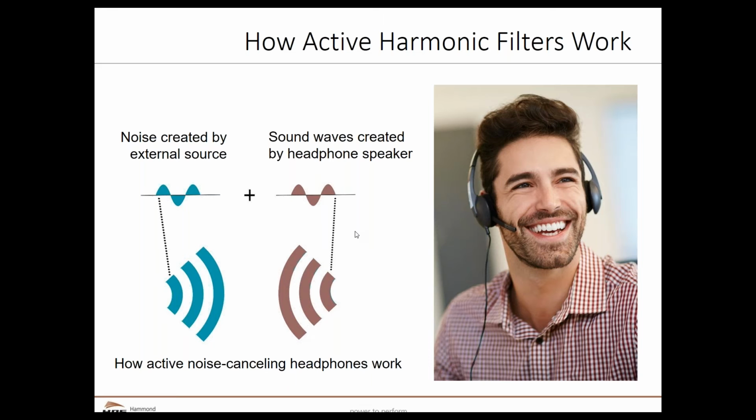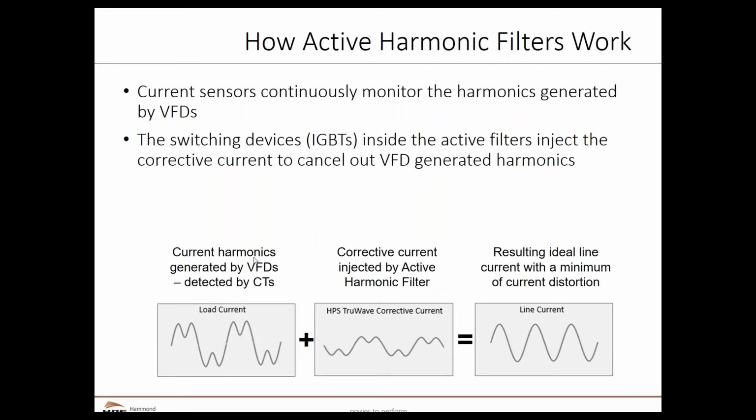So the headphone's microphone acts in the same way as the active harmonic filter's current transformers. Rather than using speakers to generate an equal but opposite noise, active harmonic filters generate currents equal to but opposite harmonic currents produced by VFDs or other nonlinear loads. Here's a diagram